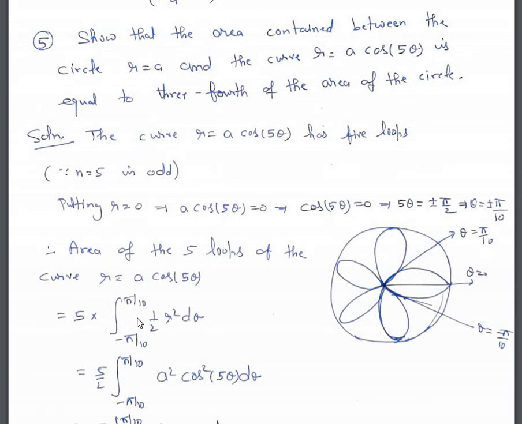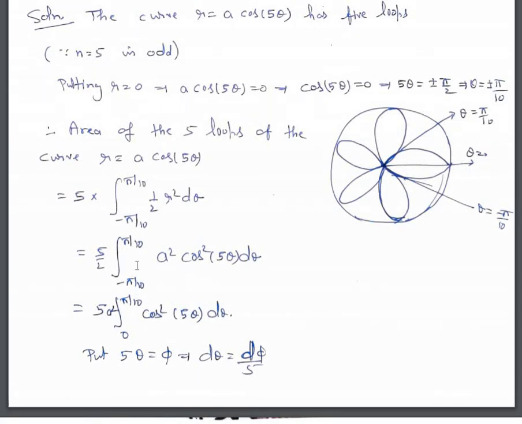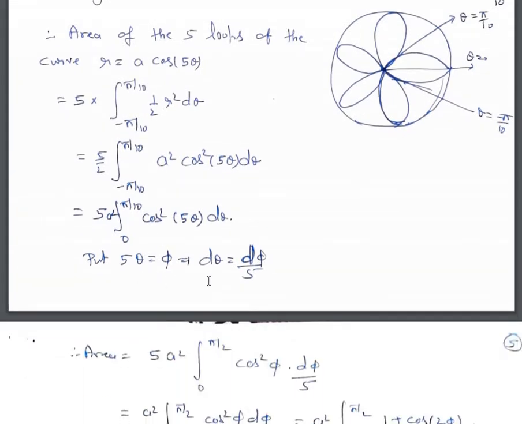5 times minus pi by 10 to pi by 10 half r square d theta, which is 5 upon 2 integral from minus pi by 10 to pi by 10 a square cos square 5 theta d theta. Now because this is an even function of theta, this can be written as 5a square integral from 0 to pi by 10 cos square 5 theta d theta. Put 5 theta is equal to phi, so we have d theta is equal to d phi upon 5. So therefore area is 5a square times, now the limits for phi will be 0 to pi by 2, cos